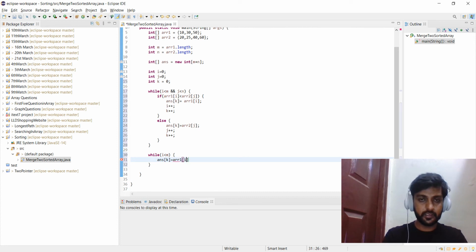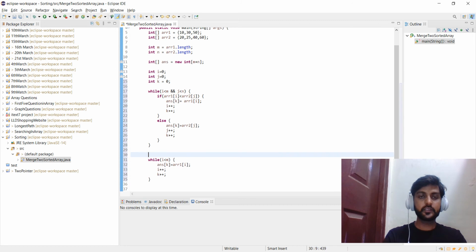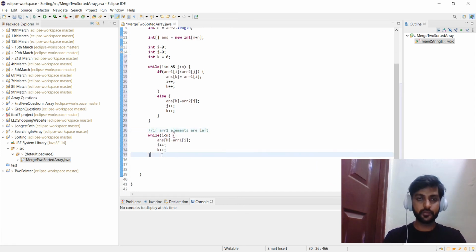It will be this way, just increment the i and increment the k. Now what this loop means: if array 1 elements are left, then this loop will work. If, let's say, array 2 elements are left,